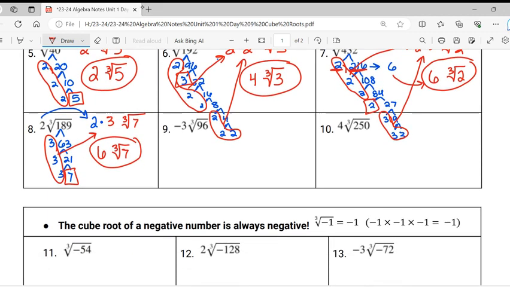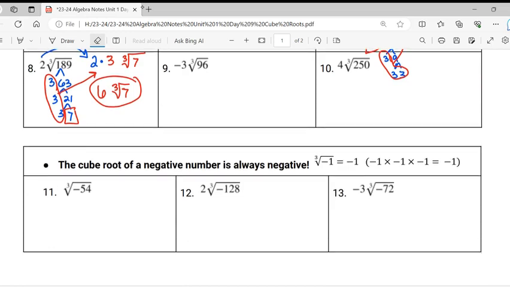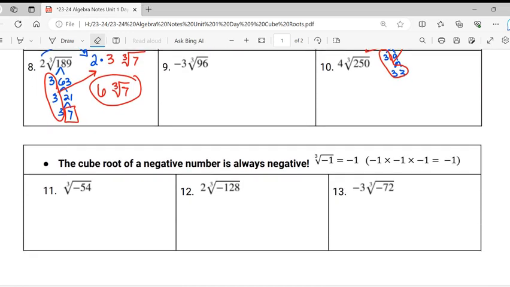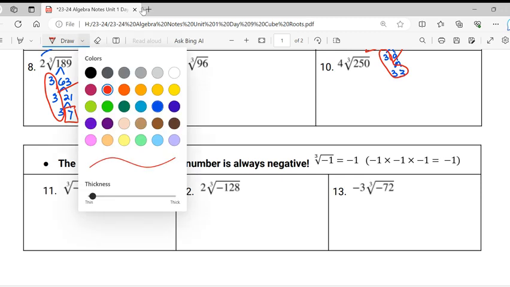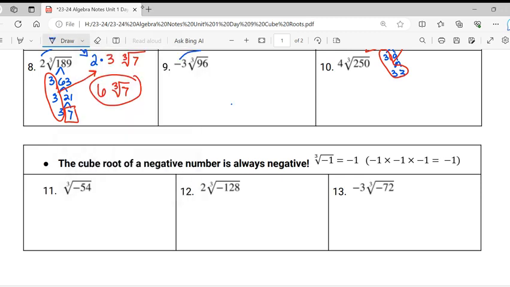Now I'm going to erase some of my work here so we can see what's going on with this next problem. We have negative 3 cube root of 96. So I know this negative 3 is going to come out and be just hanging out in front until we factor 96. I know that 3 goes into 96. It goes in